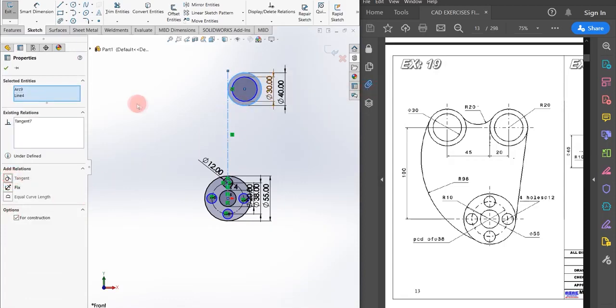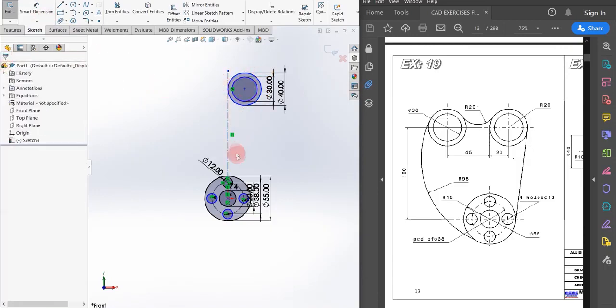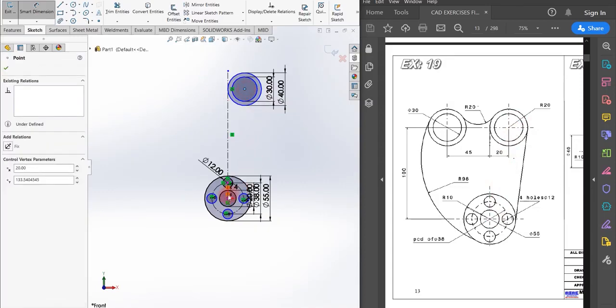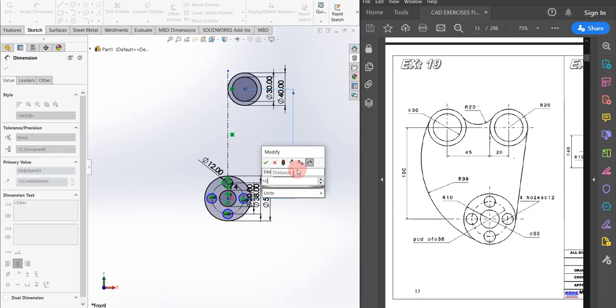As you can see, the circle moved towards the line, and the circle is now in tangent relationship with the line. Another thing you can see is that the distance between the centers of these two circles is 100 mm. So I am just selecting both centers and giving 100 mm.